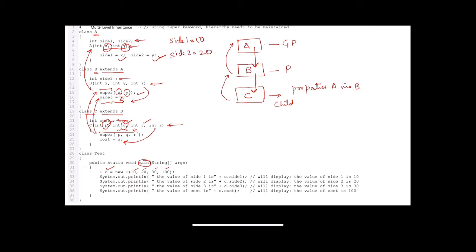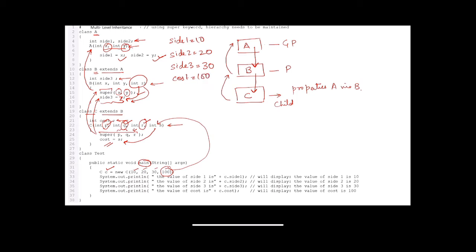Now the third value 30 that is given in this variable R will help in assigning the value of side 3. So basically the side 3 value will be equal to 30. The value 100 will be passed as an argument over here, and this argument will be used to initialize the value of cost, which will be equal to 100.